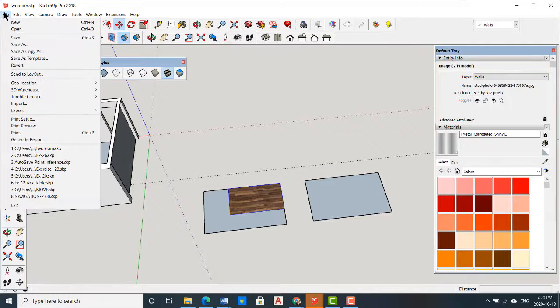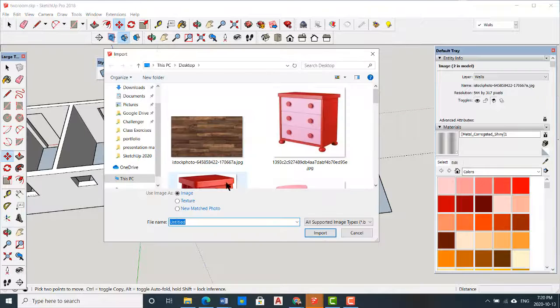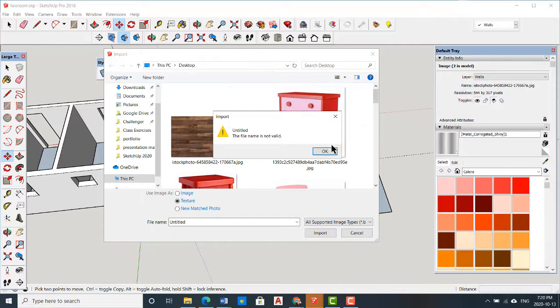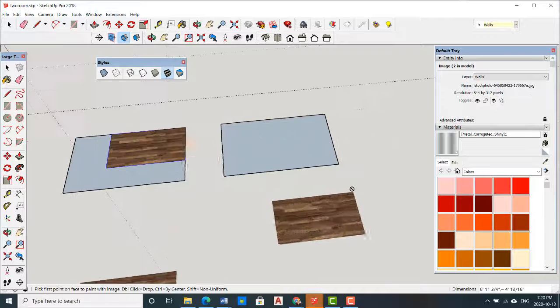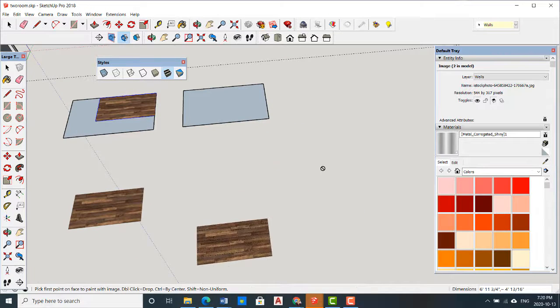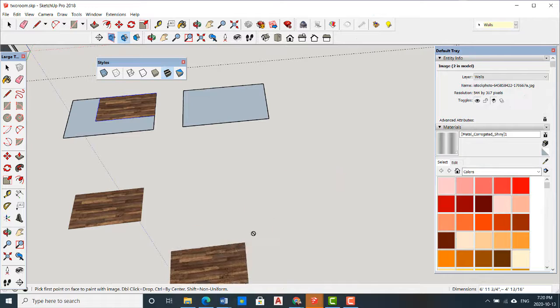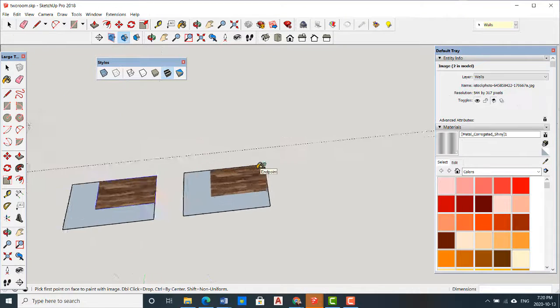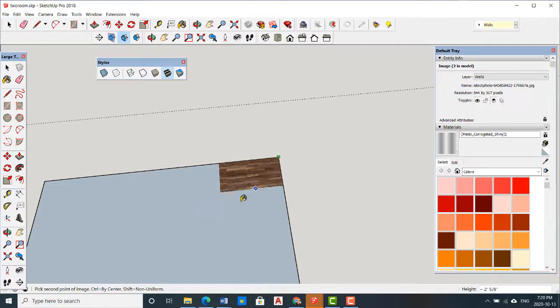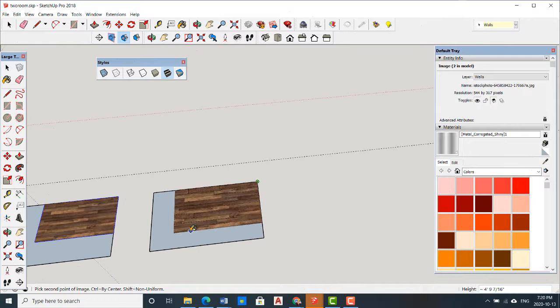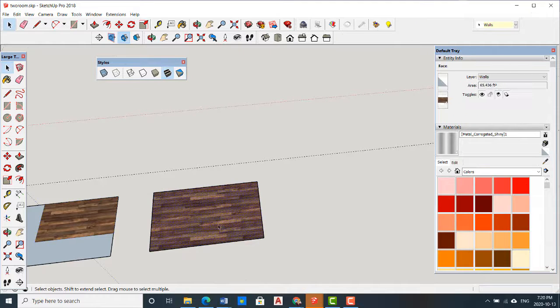Now I go back, and this time I bring it as a texture. Import. See, I click on texture and I press import. Okay, select it and I press import. Now if I want to import it here, see, I cannot do it. I need a surface to import this image. So here you go. I have a surface here. Now I click here and I go kind of the same size of the other one, and see, when it's